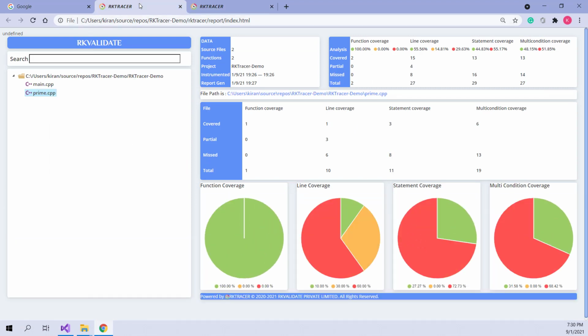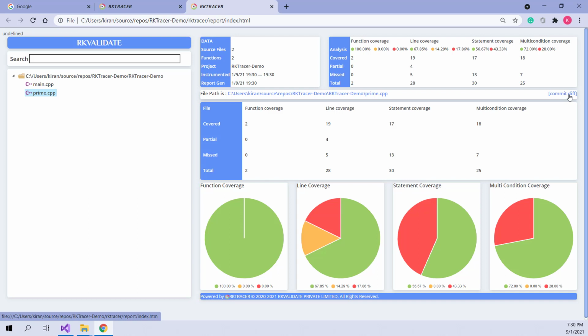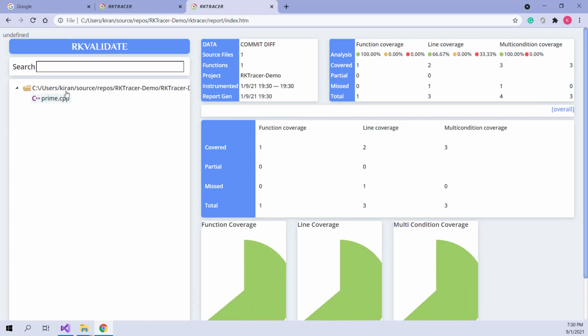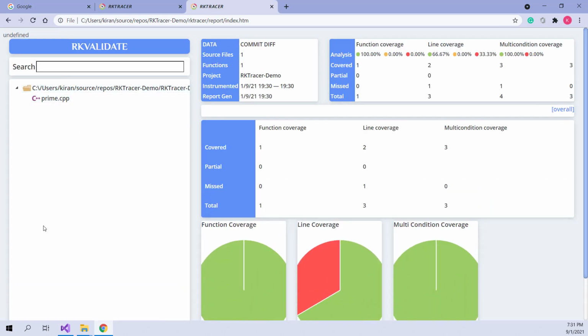Before we proceed, you can see that this was the first report that was generated, and this is the latest report that has been generated. Now we can see an option as commit diff. If I go ahead and click on this, you can see it will show the list of files that have been updated, the files with the modified source code lines.